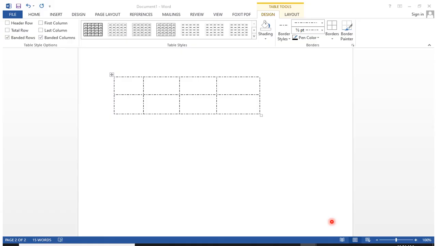Like I have drawn here one table with the help of which option? I have drawn it with the same Insert Table button, but with the help of the Draw Table option. With the help of the Draw Table option, your cursor will change into a pencil, and then you can draw the table.